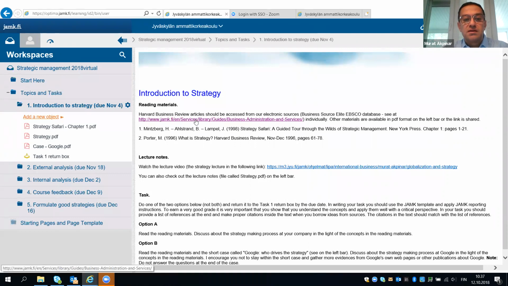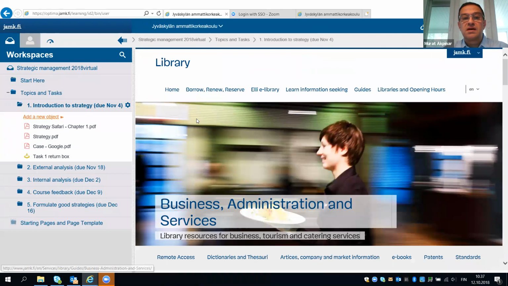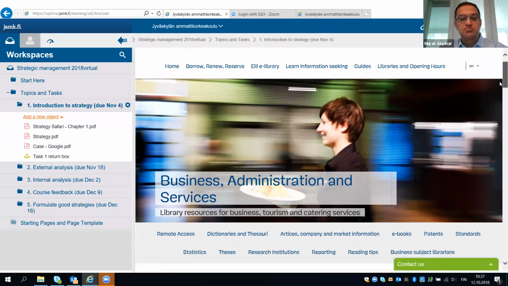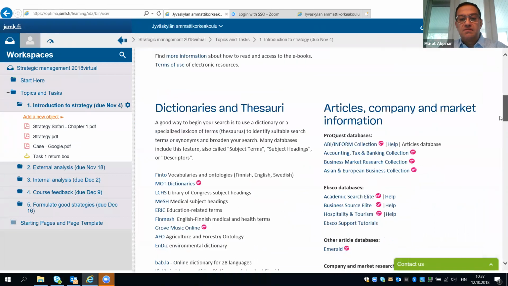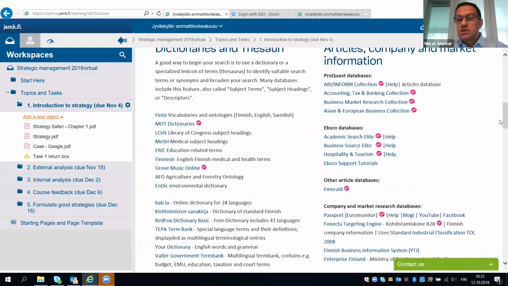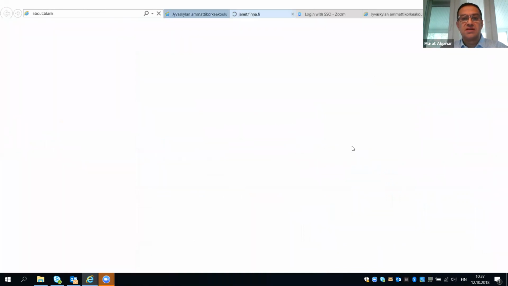When you click on the link here, it takes you to our library's electronic databases for the School of Business. As you scroll down, the Harvard Business Review articles are in the EBSCO database called Business Source Elite. When you click on Business Source Elite,